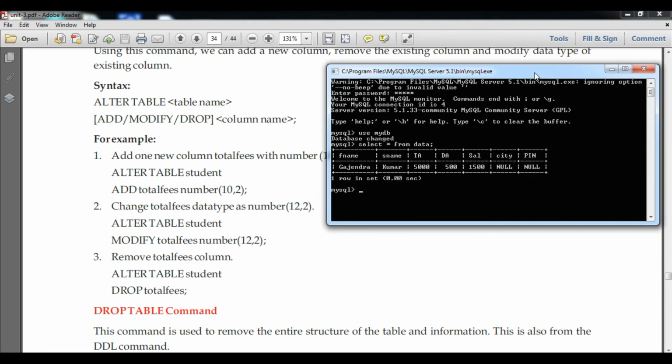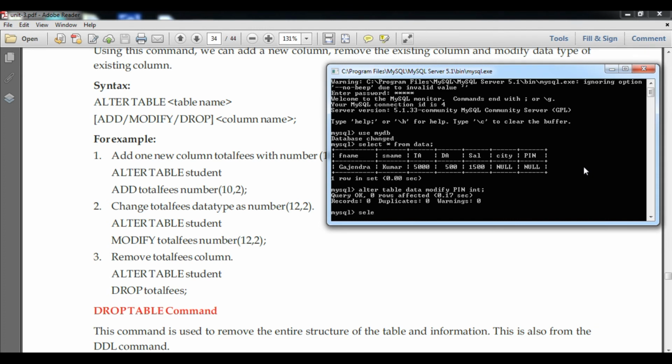Now students, we are going to change the data type of the pin attribute. So we will type alter table data modify pin. In this condition the pin was character 6, and I will change it to integer. Now you can see the data type of pin has been changed.